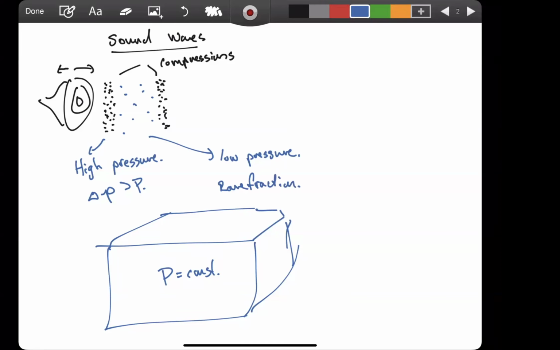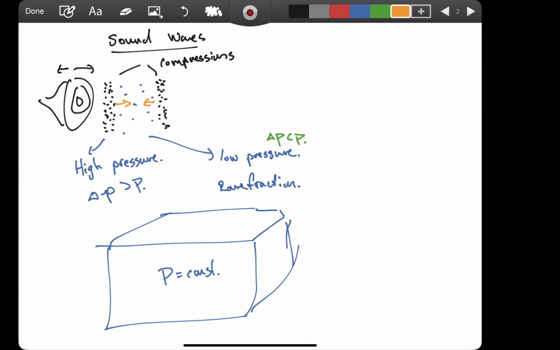So again, all this means is that the change in pressure in this area is less than the average pressure. So what happens is, again, these particles, as we talked about in class, don't want to stay in high pressure. They want to move to a low pressure system. So these ones are going to spread out in this direction, and these ones are going to spread out in this direction, which means that the locations of these rarefactions and compressions